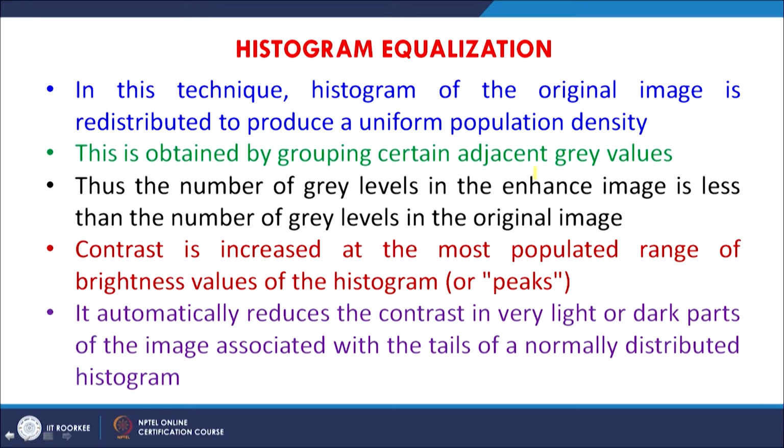So, gamma was doing a little different stretch, that means it was creating brightness in the initial part and last part. Here histogram equalization is doing just the reverse: in the most populated part, it is bringing more contrast in the image, or more brightness also, in the middle range values.